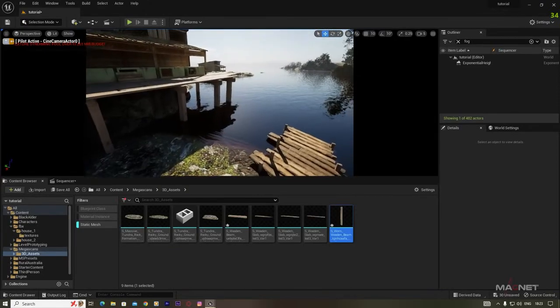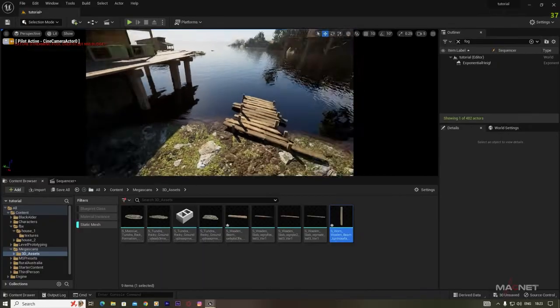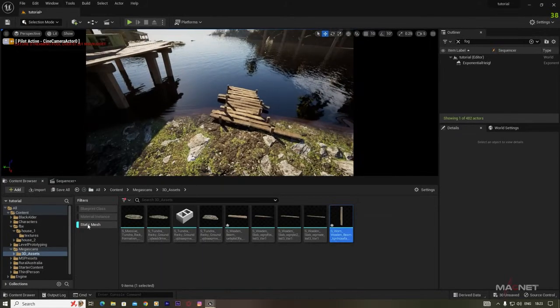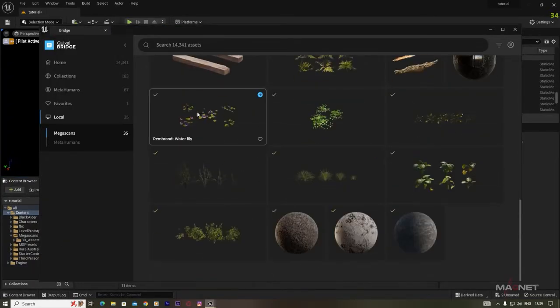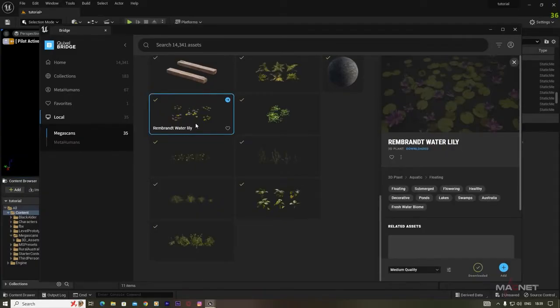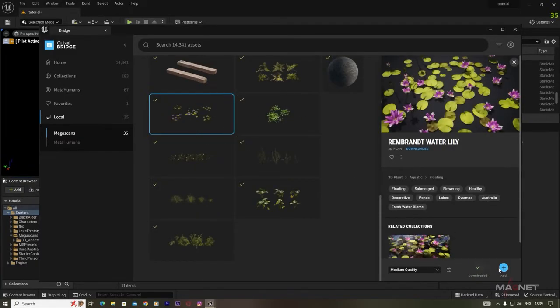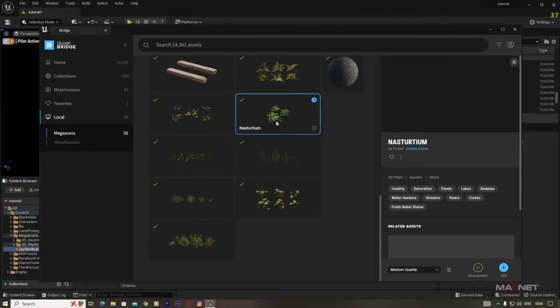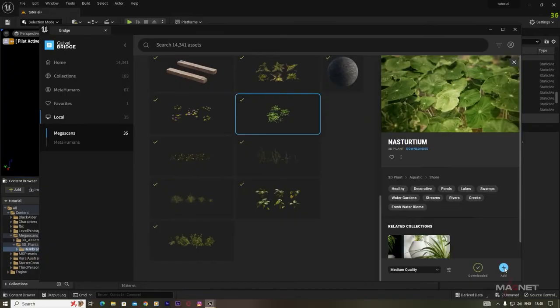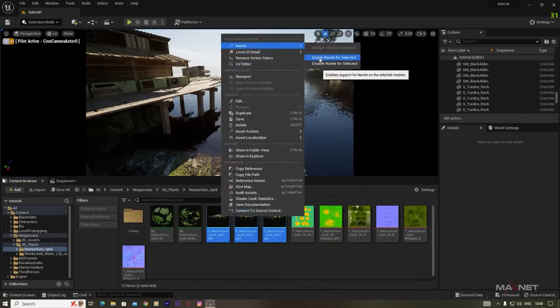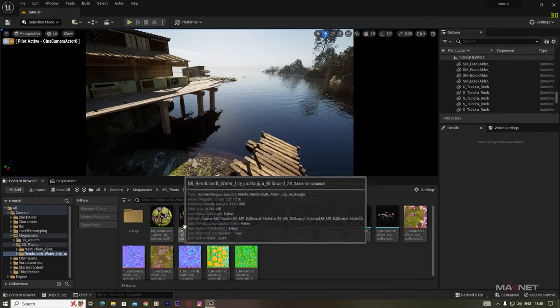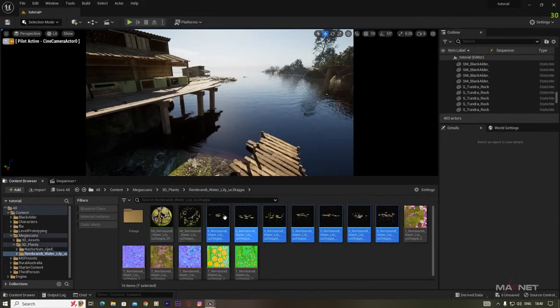Okay, so now we're going to put in other foliages. First we're going to put some flowers over this river. For this, again I'm using some Megascans assets, and I'm going to use some of these water lilies. So I download it from here, and I also click on this add button here, and then I'm going to use this one also. So I click and add it to my project here. So here is this. First I'm going to make those Nanite, and do the same for this one also. So I make all of this Nanite,